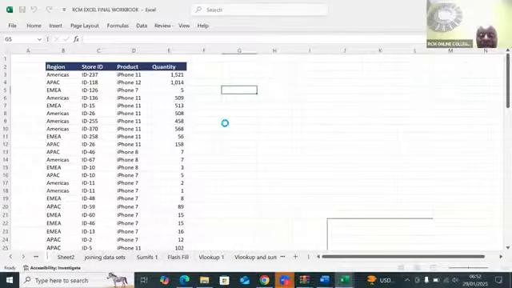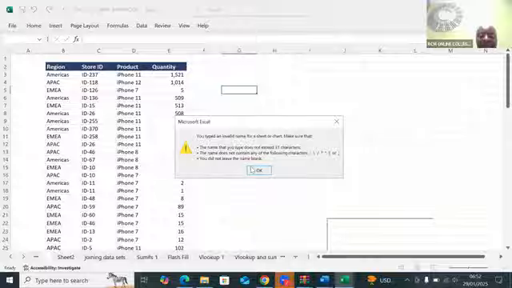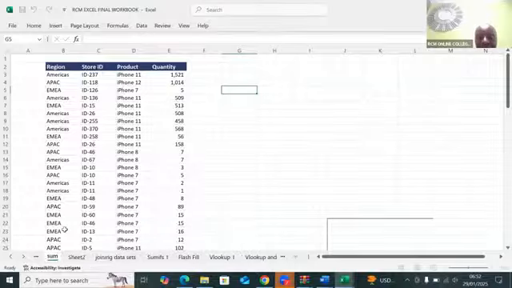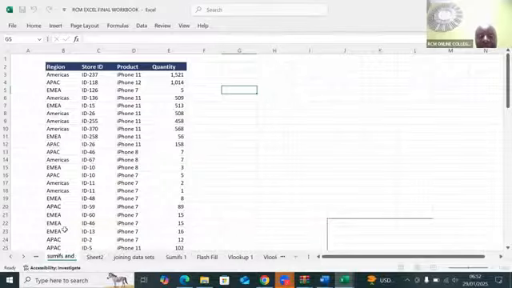If I just go back a little bit. To rename this, ladies and gentlemen, what do you do? You simply come and right click. Once you right click, you'll be able to see rename. And then you come and call this SUMIFS and pivot.